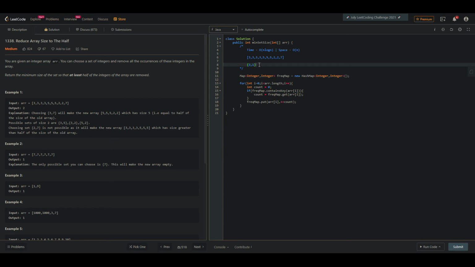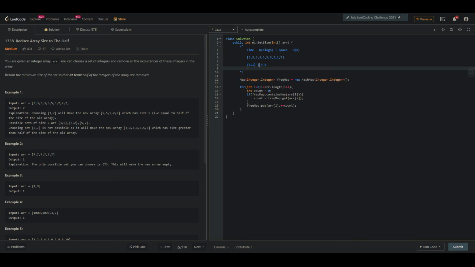So when this is at i equal to 0, and when i is at 1, that is index 1, then I already have a count.